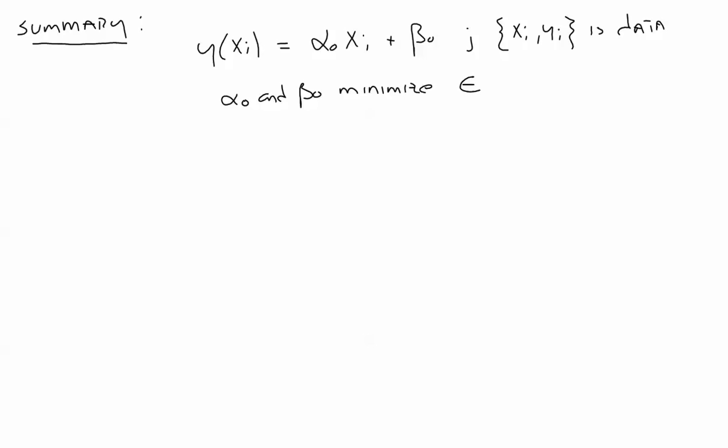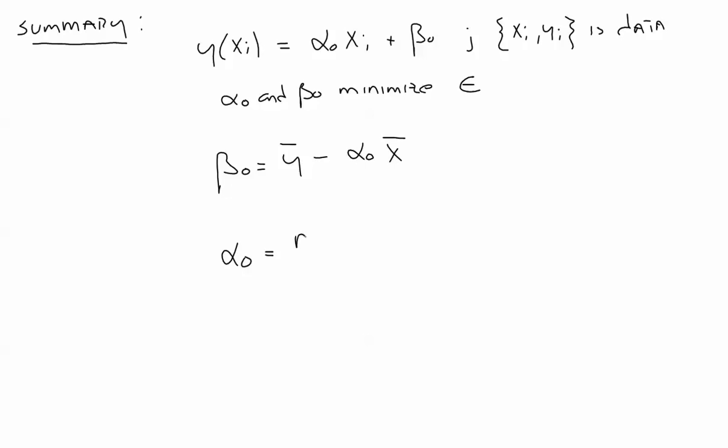Alpha naught and beta naught are: beta naught is y bar minus alpha naught x bar. Calculate that one, and then alpha naught